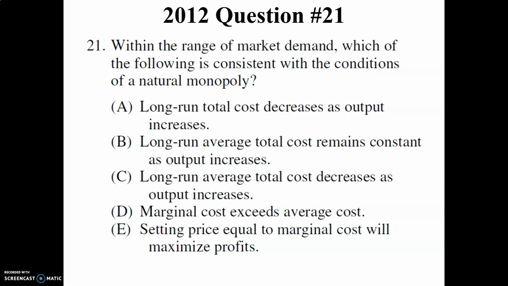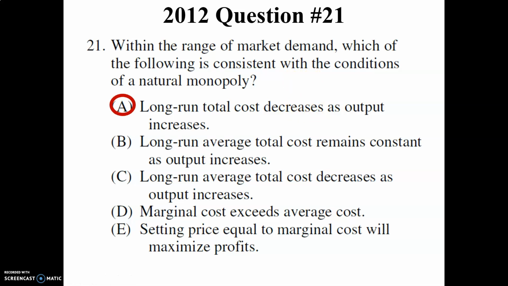2012, question number 21: within the range of market demand, which of the following is consistent with the conditions of a natural monopoly? Long run total cost decreases as output increases. Okay, we know that because the ATC is consistently dropping, and we also know that a monopoly does not produce